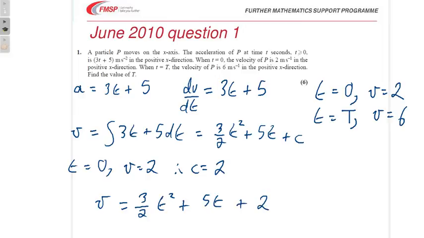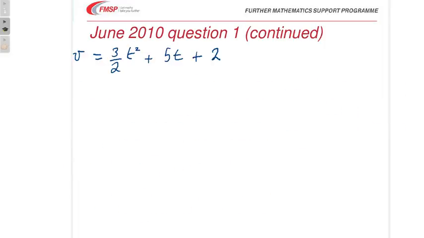Now all we've got to do is find when v is 6. I'll carry on that on the next page. So here's v. Put v equals 6, and t is capital T, and we get 6 equals 3 over 2 T squared